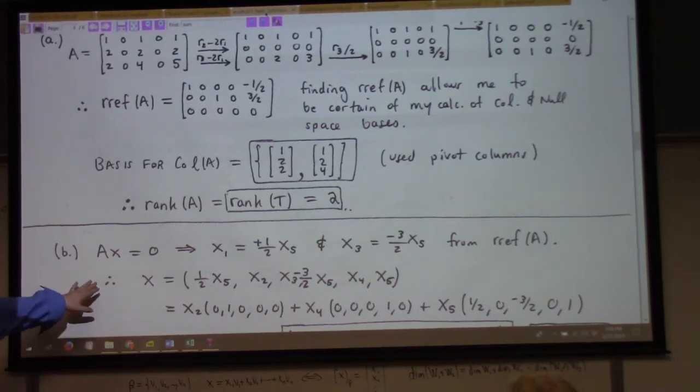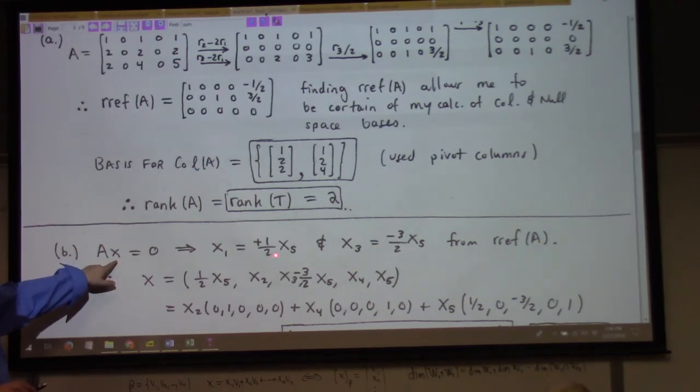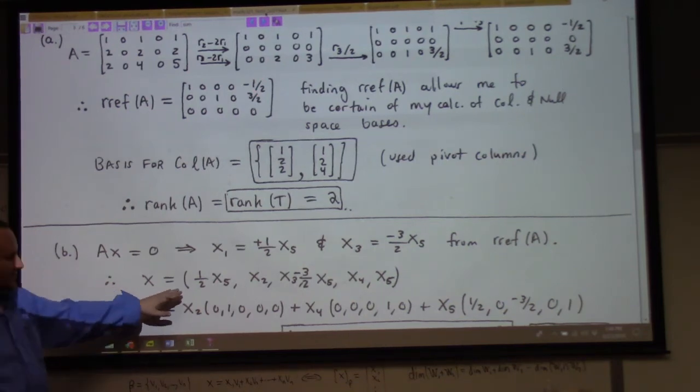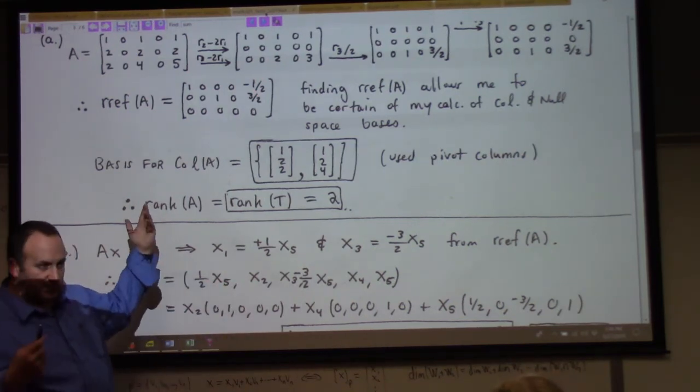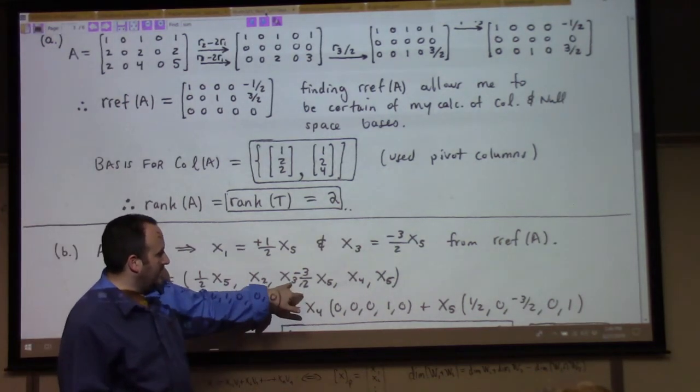And then to find the basis for the null space, I have to solve AX equal to 0. Having already calculated the reduced echelon form, I know x1 is 1/2 x5 and x3 is minus 3/2 x5. So x is, here's my x1, x2 is whatever it is. Here's my x3,